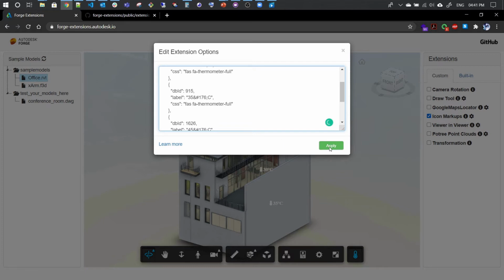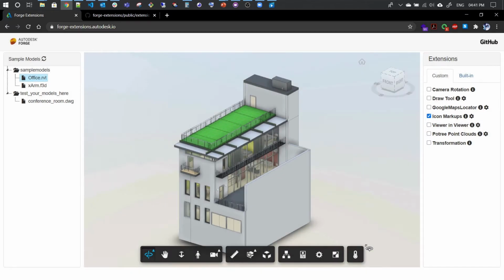I'm going to click on apply and I will load again. There you go. The 35 degrees which was associated with this object is now associated with this new object. This is how easily these extensions are configurable.